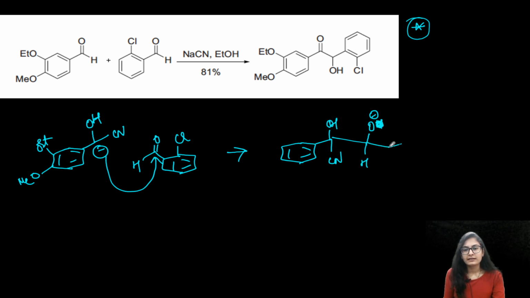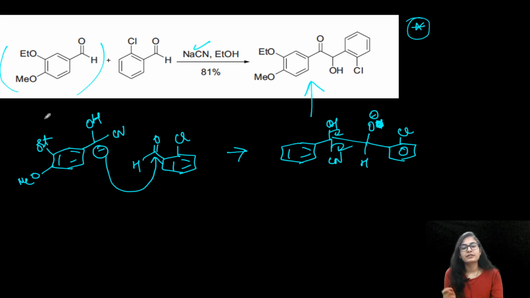Yes, and let's say this is the aryl group, chlorobenzene. Alright, so there will be a proton transfer, and this group is going to fall over, cyanide leaves, and you get this product. So one-sided product you are going to get if you are taking the cyanide and one of these aldehydes together. Alright, in the first step.